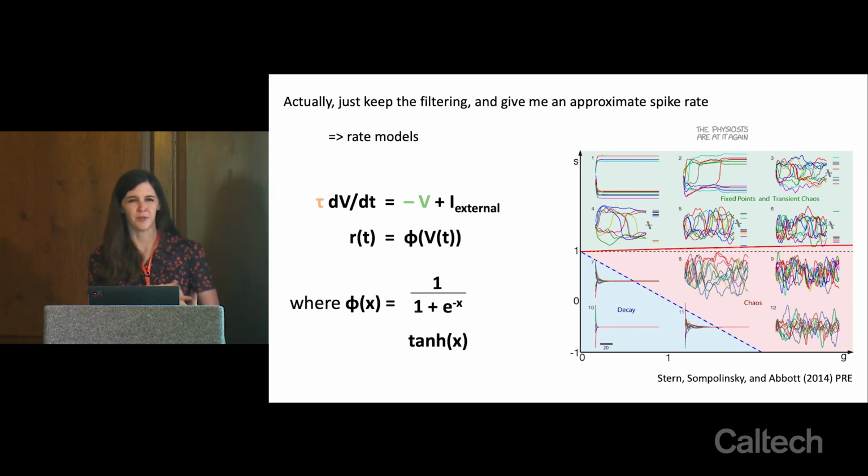These nonlinearities are typically sigmoid functions or even hyperbolic tangent, which is a little bit weird because if this membrane potential gets negative, your firing rate becomes negative. The reason that these are widely used in neuroscience is that they're very well behaved and differentiable, and they are kind of inherited from physics, where people were using models like this to describe collections of charged particles and how they interact with each other. Typically, this external input isn't just like an injected current to the cell. You'll use a firing rate model if you want to simulate what a population of interacting neurons is doing and look at how the dynamics depend on the structure of connectivity between cells.